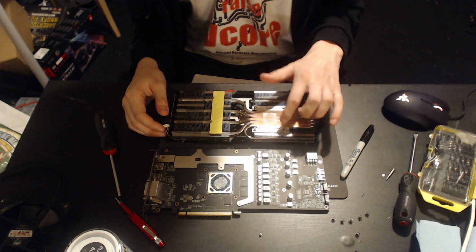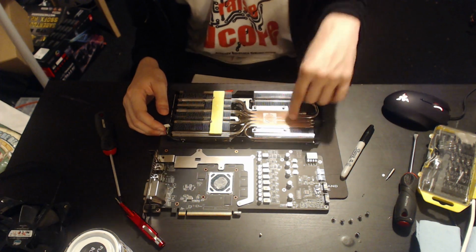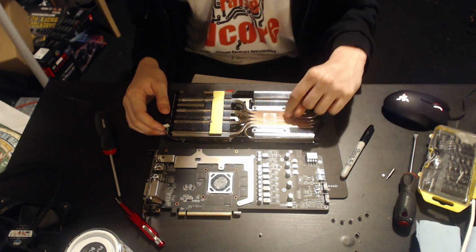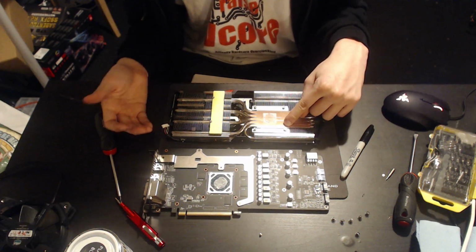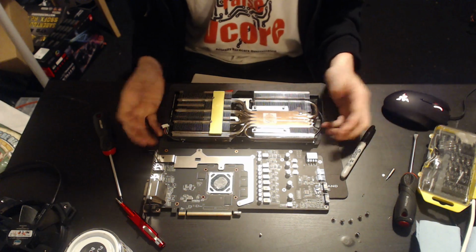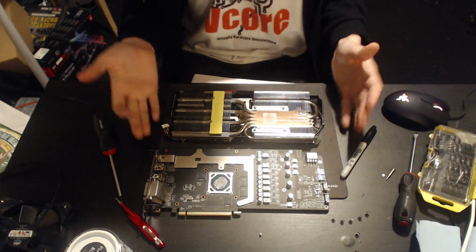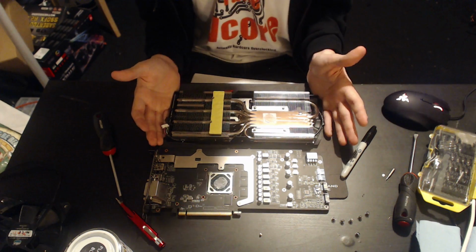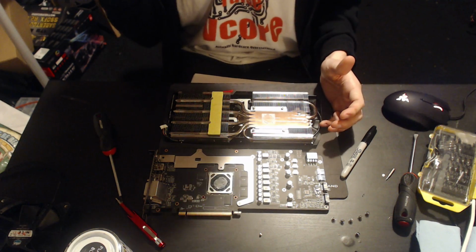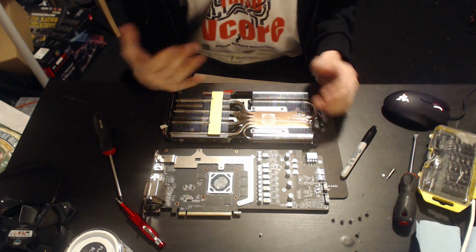But if I manage to somehow mount thermocouples to the individual heat pipes and just the heat pipes, then I should be able to tell you exactly what temperature each heat pipe is at, depending on GPU core temperature. Then we can figure out, well, maybe this heat pipe literally hits like 40 degrees when the core is at 60, which means that heat pipe reasonably can't be expected to actually do anything because the liquid in it can't boil. That would explain why the heatsink doesn't really benefit from cranking up the fan speed so high, which is annoying because if you're doing air-cooled benchmarking, which is short-term sessions,